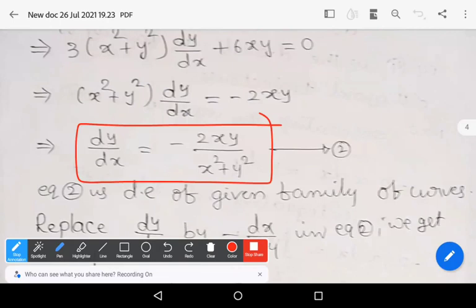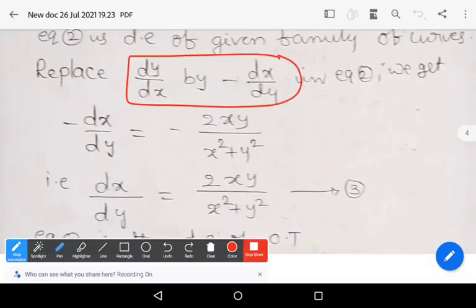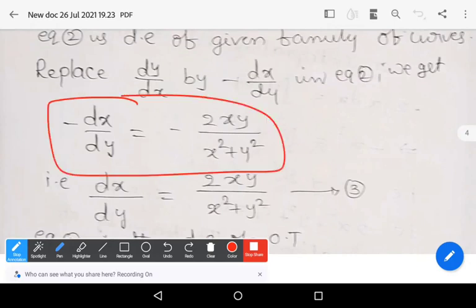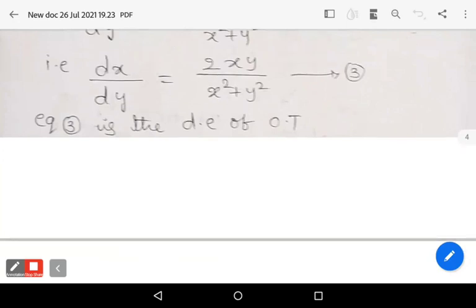Here you observe that the parameter c1 is itself eliminated after differentiation. So equation 2 is independent of parameter c1. Therefore, equation 2 is the differential equation of the given family of curves. Now replace dy by dx by minus dx by dy in equation 2. We get this resulting equation: minus dx by dy is equal to minus 2xy by x square plus y square. Write the reciprocal. This equation 3 represents the differential equation of